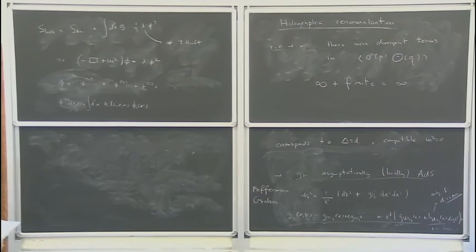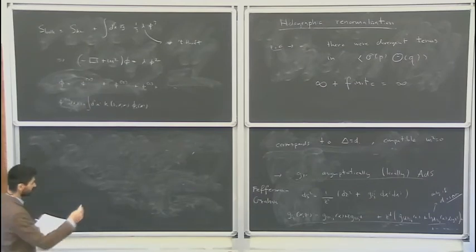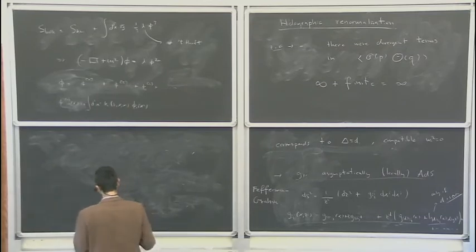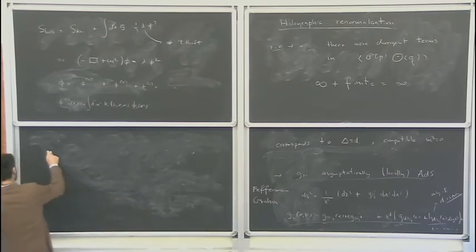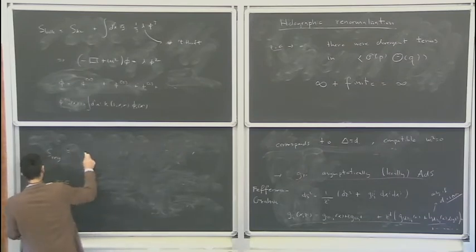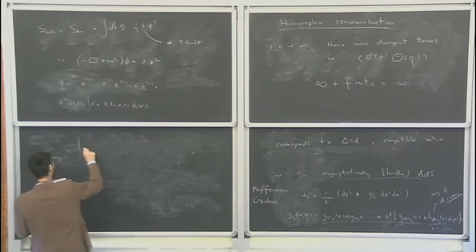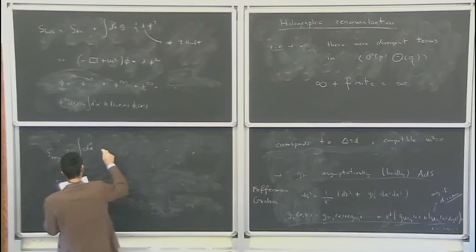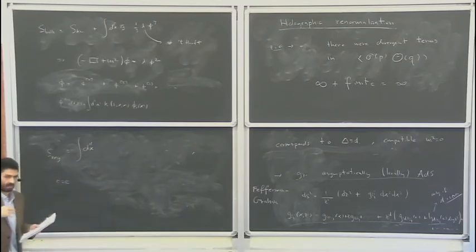And then if we do that, because of these expansions, all the terms will rearrange in the following expansion in the action. So I call this S regulated because it is evaluated at some Z equal to epsilon, and it is given by an integral in the dimension, right? Because we are now at some